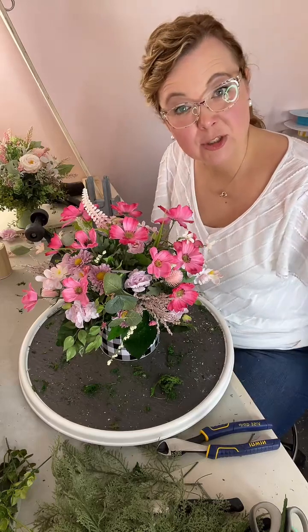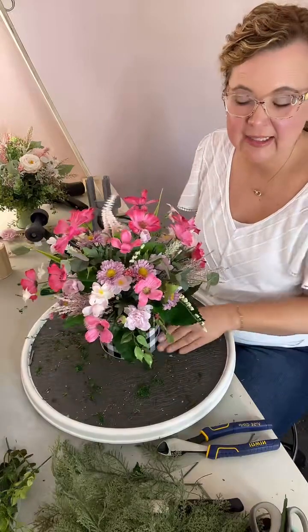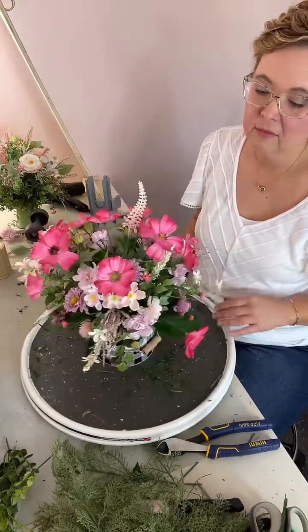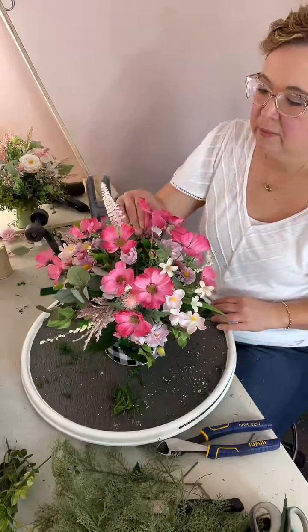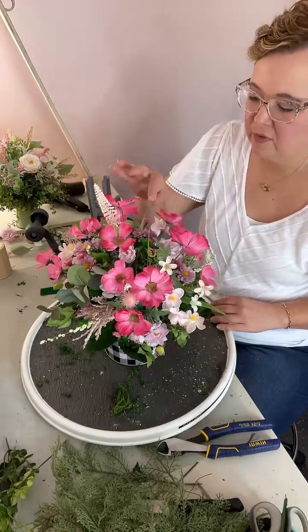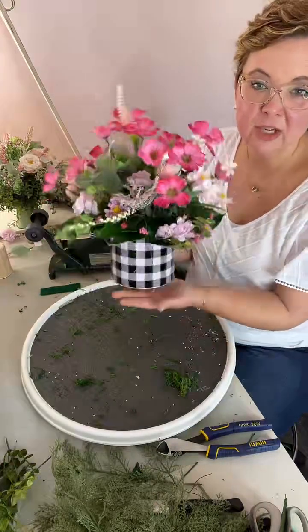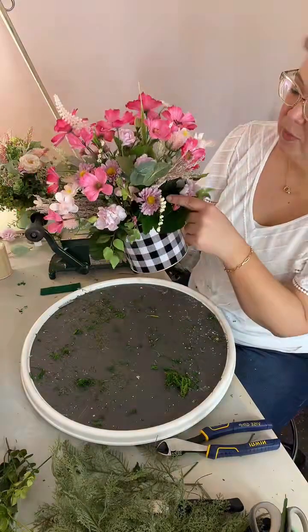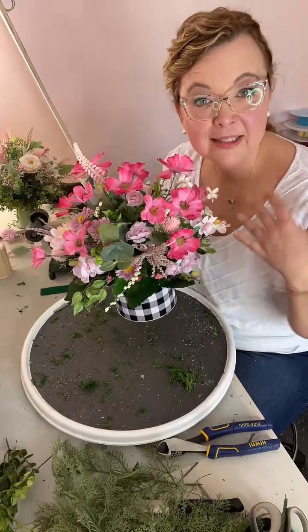Floral arrangement number 2 done. Check it out. It's so pretty. I love that hot pink. It's so pretty. Very light, very airy. Perfect to gift for Mother's Day. Really pretty for a bridal shower. Super, super cute. Okay, I'm gonna hit this with hot glue in just a little bit to get all of